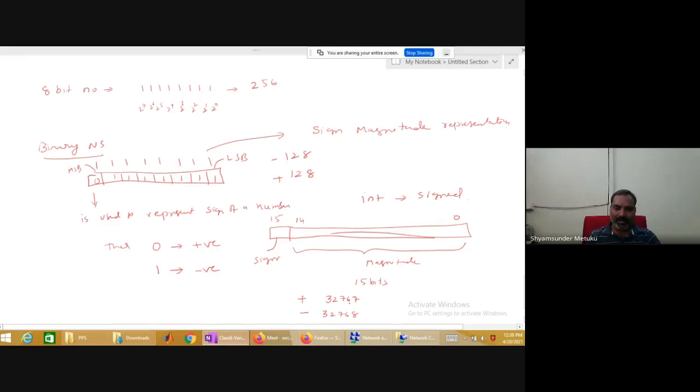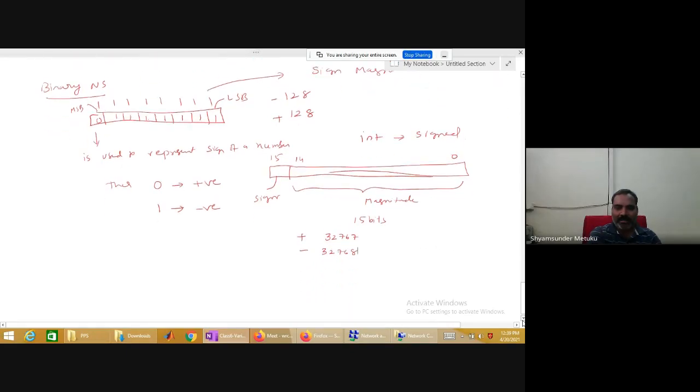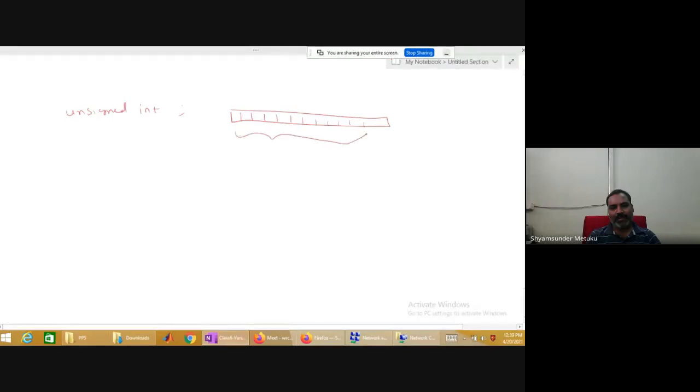If I'm using integer as a data type, or you are giving information to the compiler that you want to use an integer, then the maximum result you can represent is how much? 32,767. Minimum is minus 32,768. Is it clear to all of you? Yes, sir. All the data types I mentioned in the previous slide will have a prefix, not prefix, a word. If it is unsigned int, then all the bits are meant for magnitude representation, no sign representation.